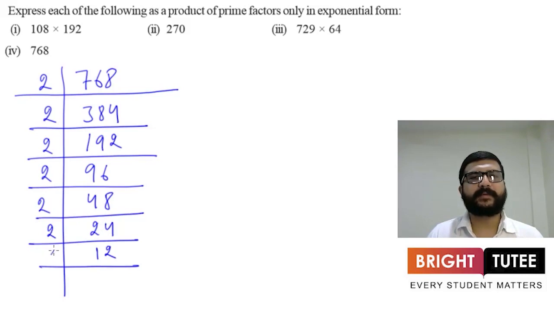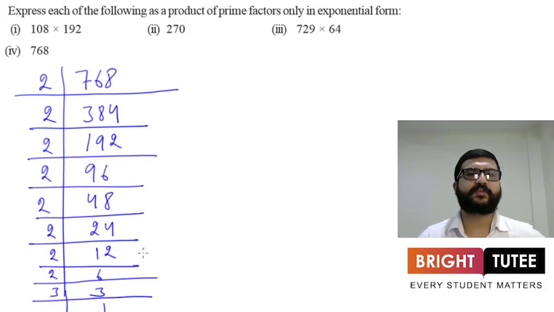12 divided by 2, it will give us 6. Now 6 again divided by 2 will give us 3. Now we can divide this 3 with 3. So we will get 1 here. Now we have to stop the process. So it means 768 can be written as